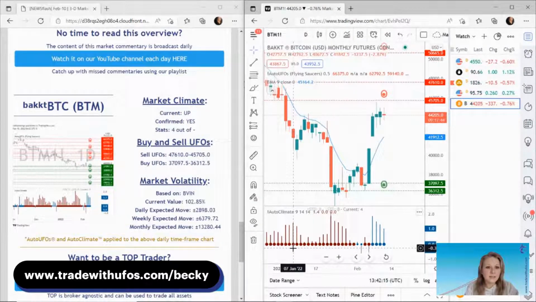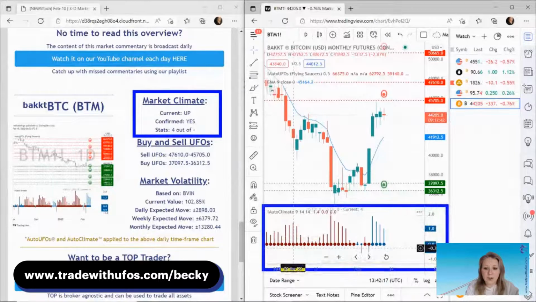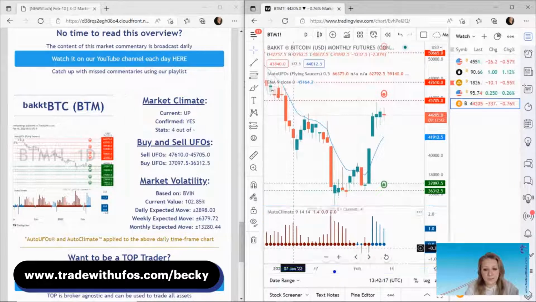Now, we've come to the end of our markets, and for each of our markets, what we've done is we've looked at 3 different elements that give us indications towards the probabilities. So we've looked at market climate, using the Auto Climate app to help us figure out where the probabilities lie. Did we have a thick blue dot and probability was up? Did we have a thick red dot and probability was down? Or did we have a thin dot of either colour and probability was neither way? So we looked at that per market.